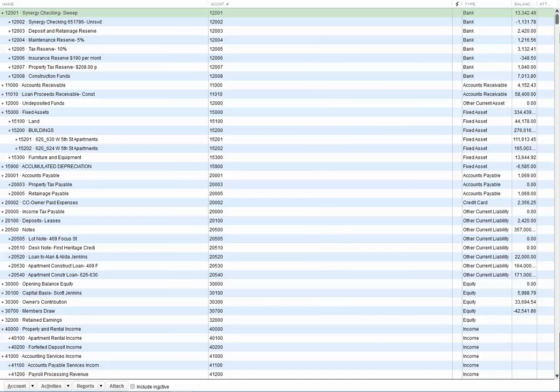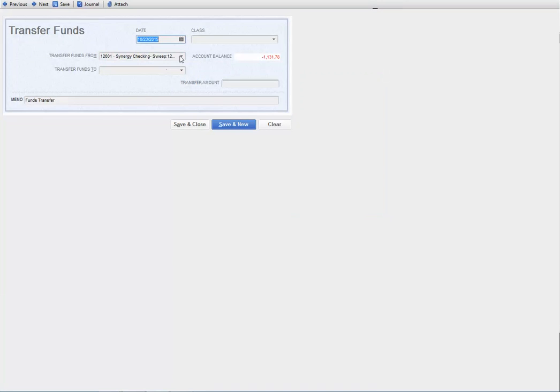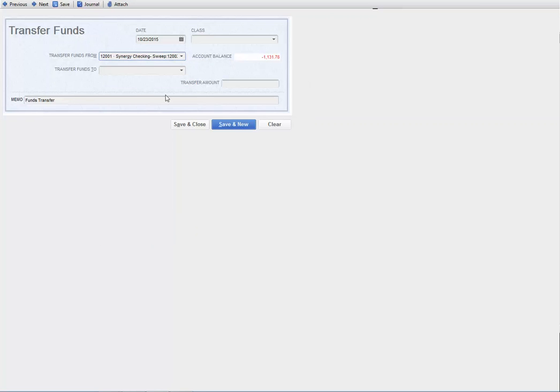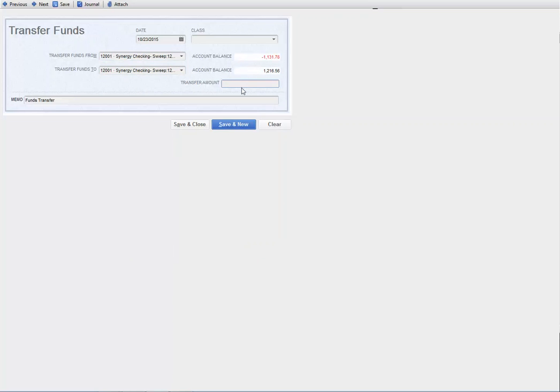Oftentimes I'll receive funds such as a rent check that I want a portion to be set aside for other uses. So basically, at the end of each month, I add up all the receipts and transfer funds appropriately. By going into banking, you'll see the transfer funds option. Here I can choose to move funds from unreserved to maintenance reserve. So let's say I know that I receive $2,000 per month in rent checks. I can do 2,000 times